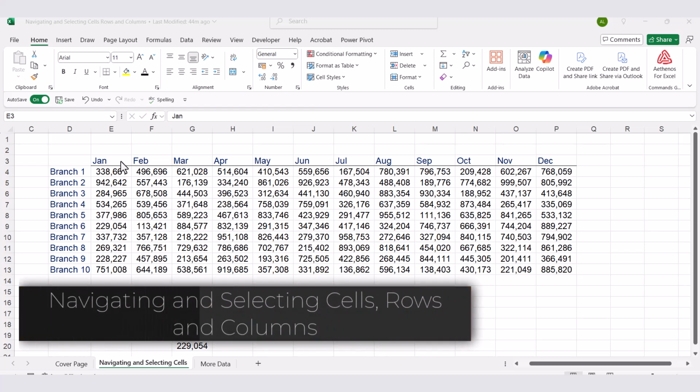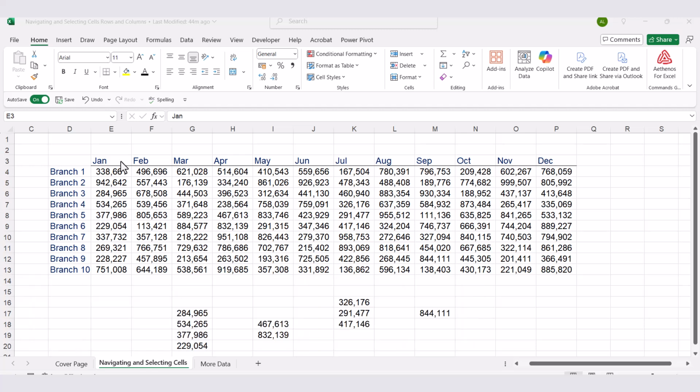Hello. In this video, we will learn about navigating and selecting cells, rows, and columns in Excel. It's important to know how to efficiently navigate and select cells in Excel. So for example, if I'm here on cell E3 at the top over here, if I want to quickly go